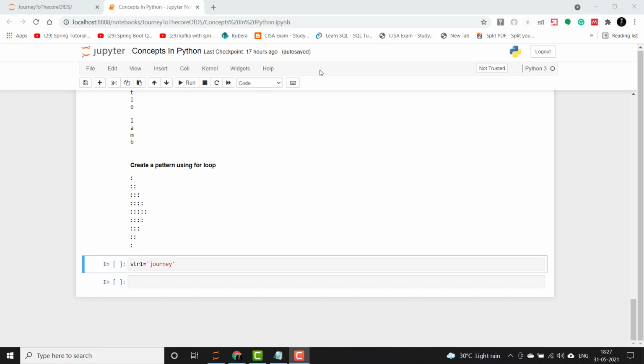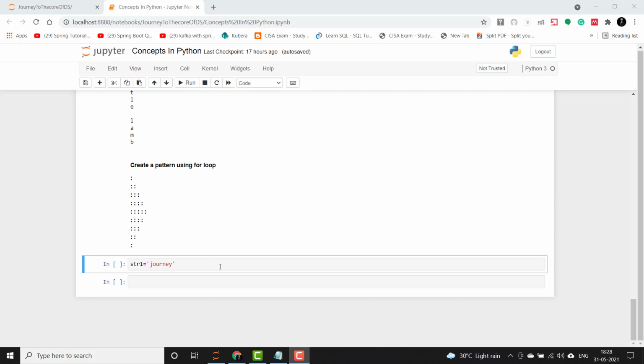So let's say that we want to design this pattern using for loop and string concepts that we have already learned. But before that, I want to show you two important features in Python slicing. Let's say that we want to exclude the last character from the string and print it. How many different ways can you think of to implement this?